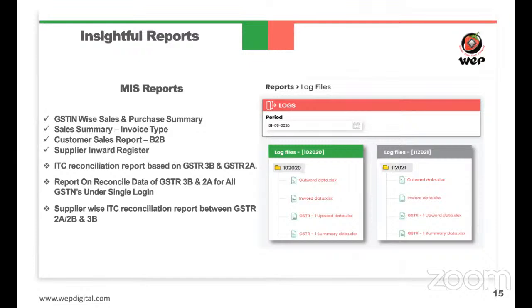This platform will store all your data. If you file anything or do anything in the platform, it will be directly stored in the platform. So you don't need to worry about what data has been uploaded in each section when you have to do the returns, or when you have to take a report in the annual meeting, or see what we have given throughout the year, and what things are there in the ITC we have given. These things are also available in the platform.